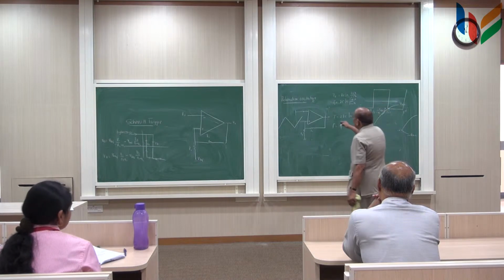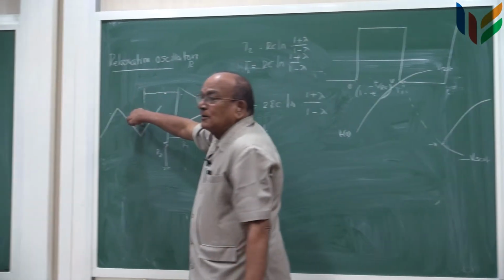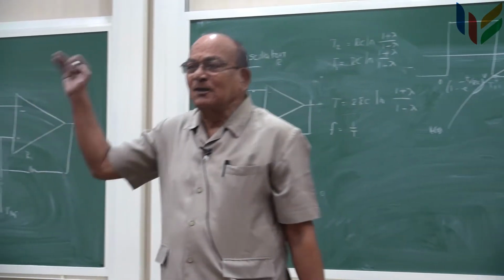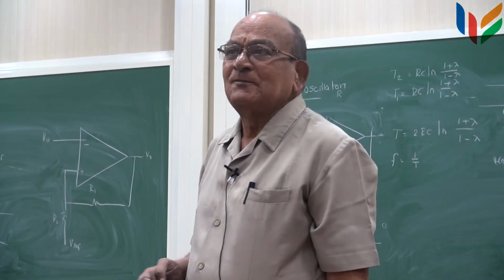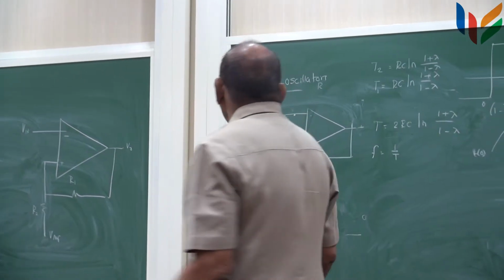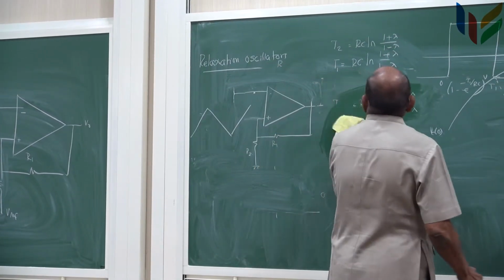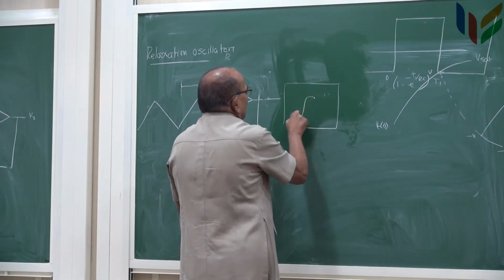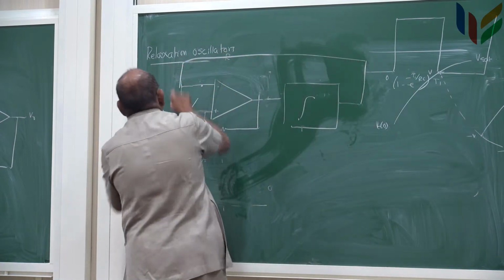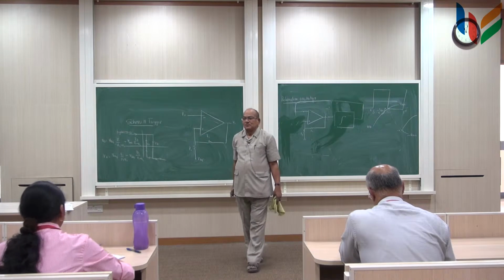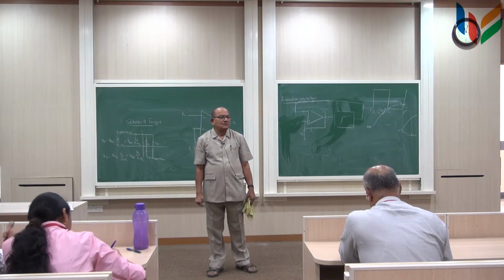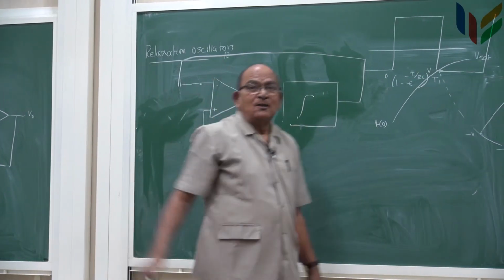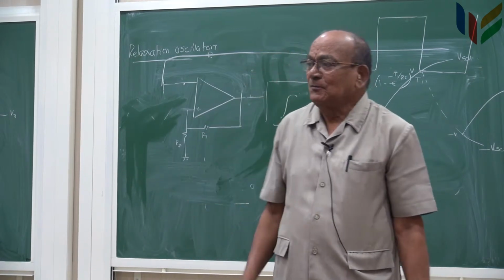So, if I put one integrator here and take the output of that and connect it back here, this fellow goes on giving you both a triangular wave as well as a square wave continuously, right. So, you just have to do this integration here, and feed this back into this. Then at this terminal you will get a square wave, at this terminal you get a triangular wave, not necessarily even a square wave, any pulse waveform.